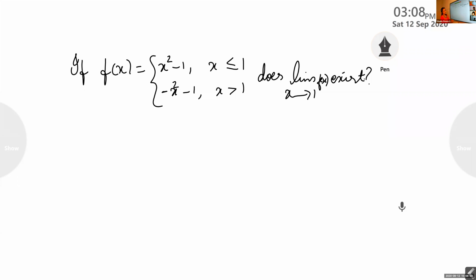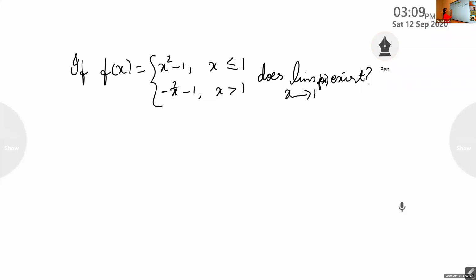A similar question we have discussed earlier. When will you say the limit of a function exists? Left hand limit is equal to right hand limit. Very good, Punya. If the left hand limit is equal to the right hand limit, then we say that the limit of the function exists. Here we have to check whether the limit at x equal to 1 exists or not. That means we have to find the left hand limit at 1 and the right hand limit at 1, and if they are the same, then we can say the limit exists.